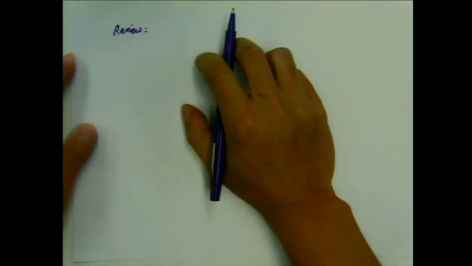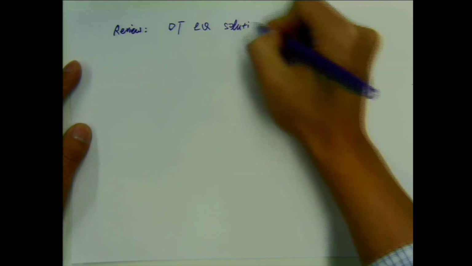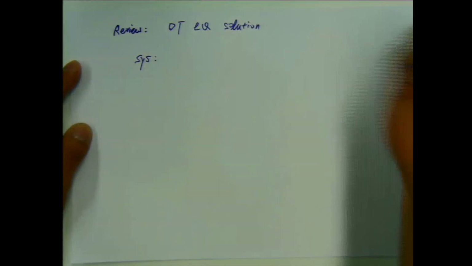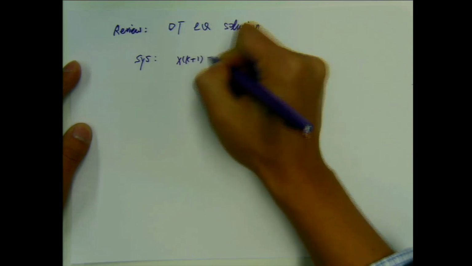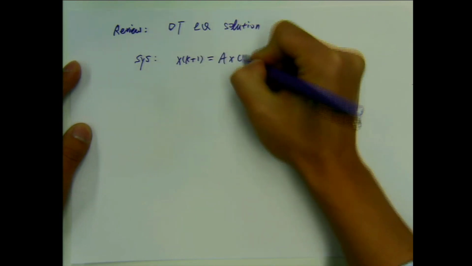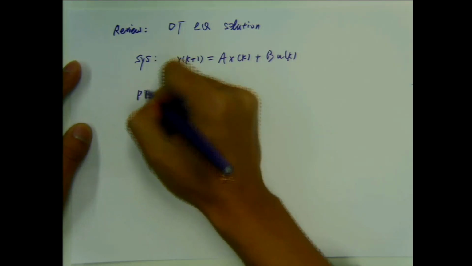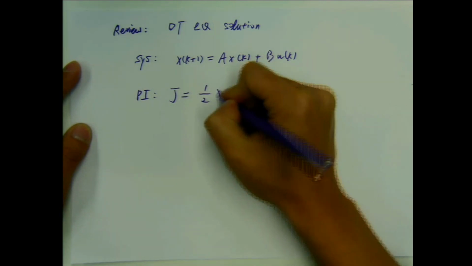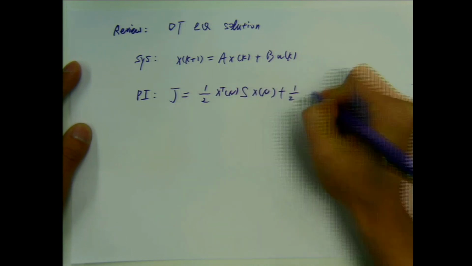When you write it, you will understand more about it. Review of discrete time LQ solution. So we have a system. In this case, I will use a time invariant system just to simplify the writing: x_{k+1} equals A x_k plus B u_k. And our performance index, so you are probably becoming very familiar with this, is the terminal cost plus a sequence of